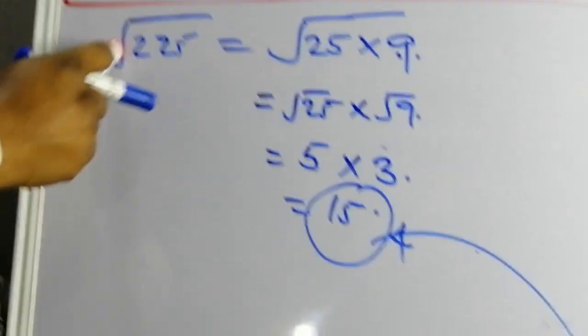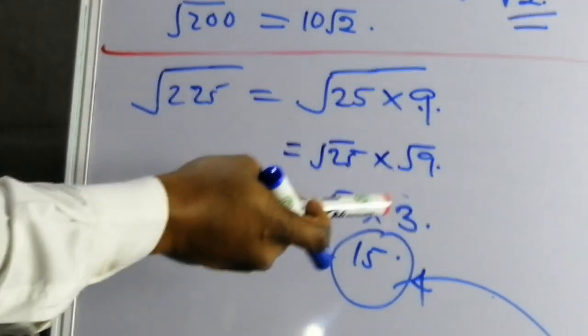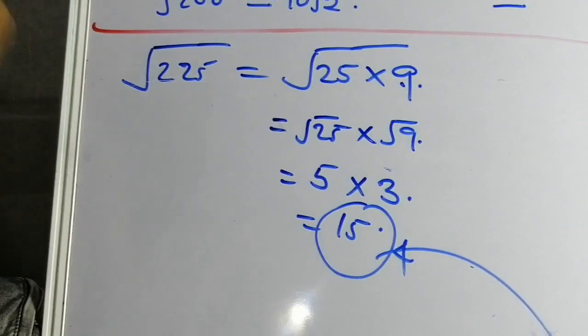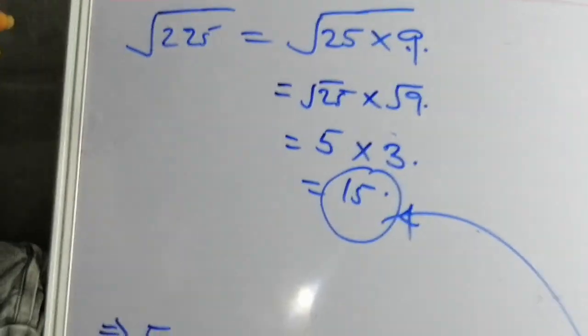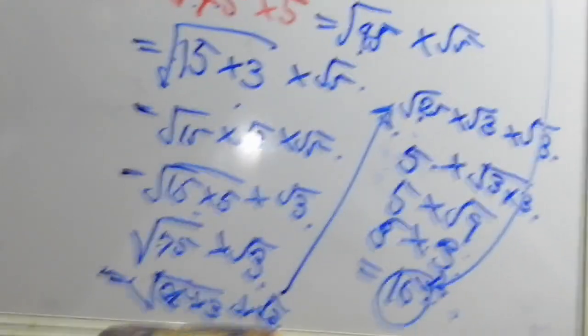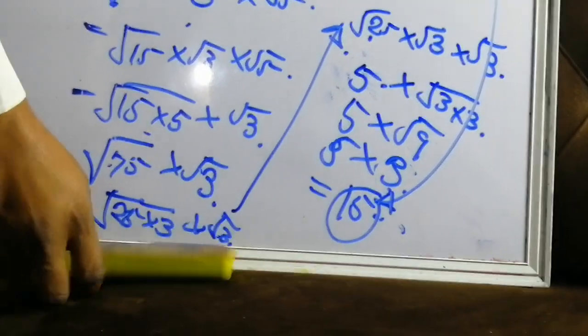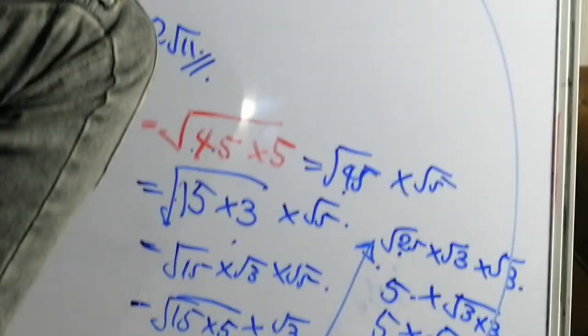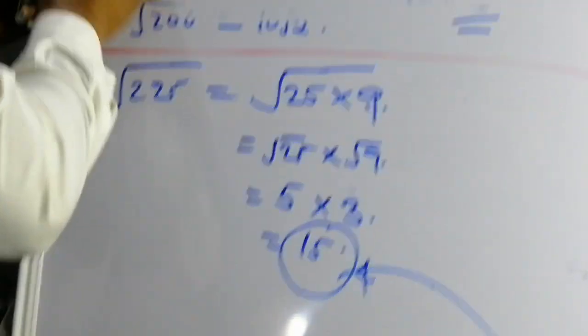If you're in a JAMB standard or you're solving, it's better you use this method so that it will be faster because of time. But if you're working with maybe theoretical or maybe SSC, the same thing. If you know this, it's faster for you. But if you also know this one, you'll still get the same answer. So now let's move to, I think we've understood this. Let's move to